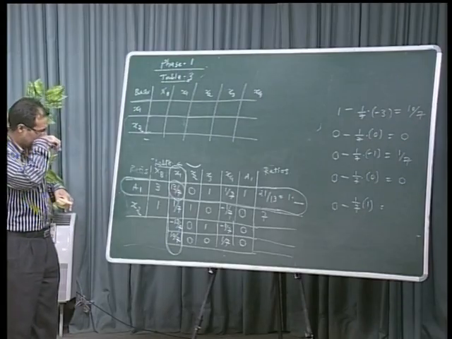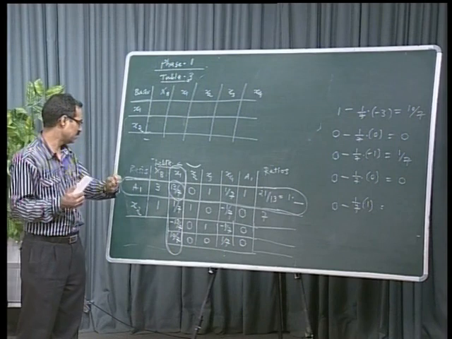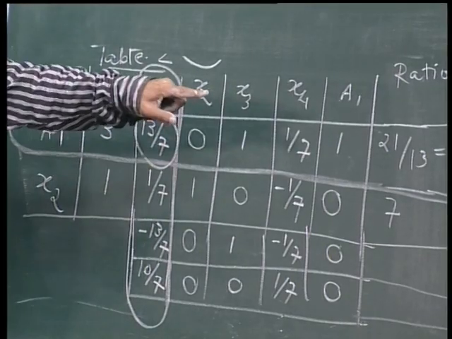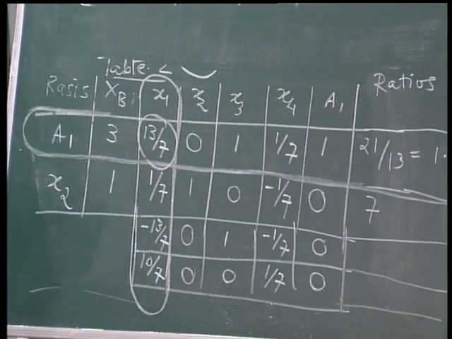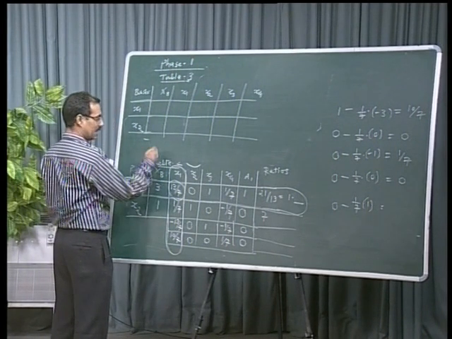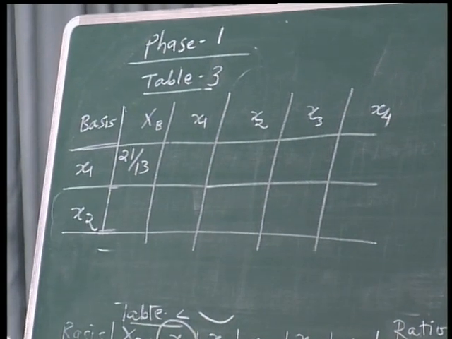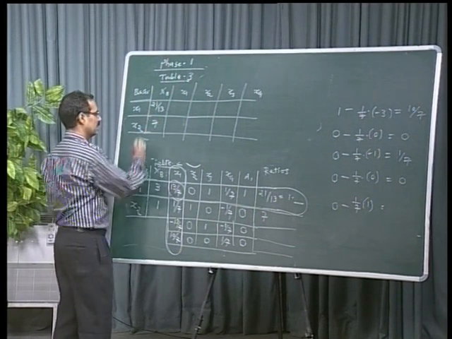Okay. Let us see what do we have. Here we can see that the first process is dividing the special row by the leading element. So, all the elements here will be divided by the leading element or key element 13 by 7. What do we have here? If 3 is divided by 13 by 7, we get 21 by 13, okay. And if 1 is divided by this, we get